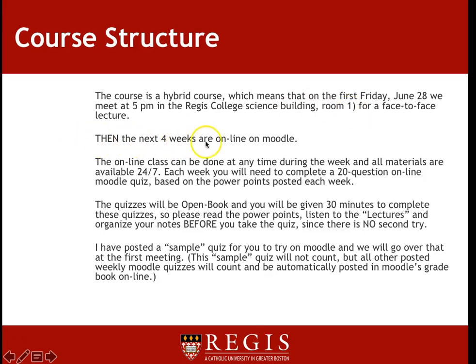And then the next 4 weeks are online on Moodle. The online class can be done any time during the week, and the materials are available 24/7. Each week, you will have to complete a 20-question online Moodle quiz based on the PowerPoints posted each week. The quizzes will be open book, and you will be given half an hour, 30 minutes, to complete the